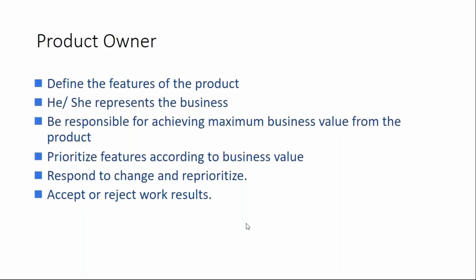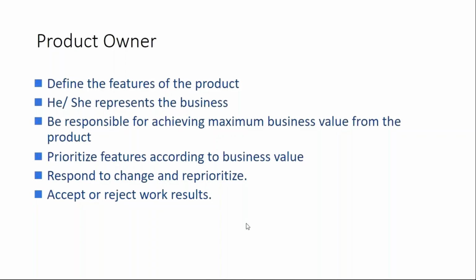This person is also responsible for achieving maximum business value from the product, because as in the previous example, if any business scenario has changed, until and unless we incorporate that in the current product backlog, that value is going to get missed. Then what was happening in a typical waterfall? That was the difference, and as a result, if he or she feels anything has brought in a scope change, and we need to address that scope, which has a very high business value.